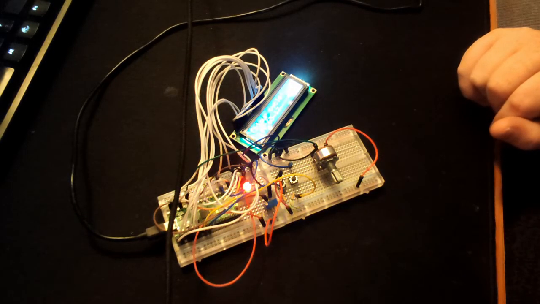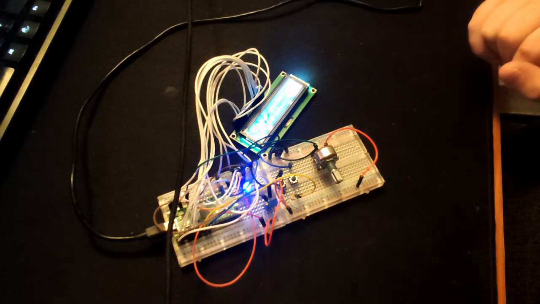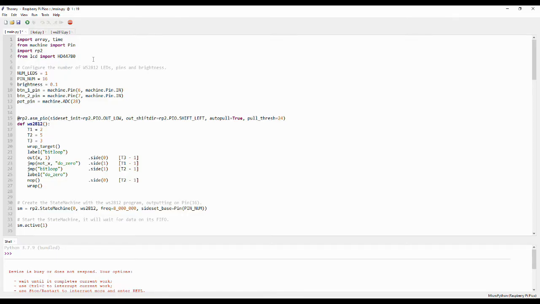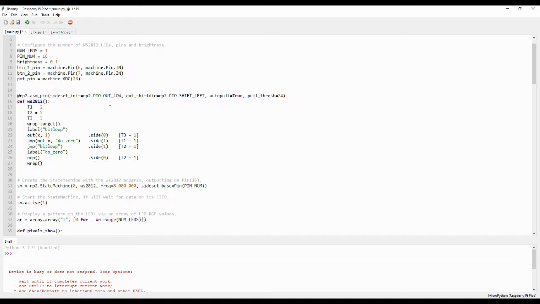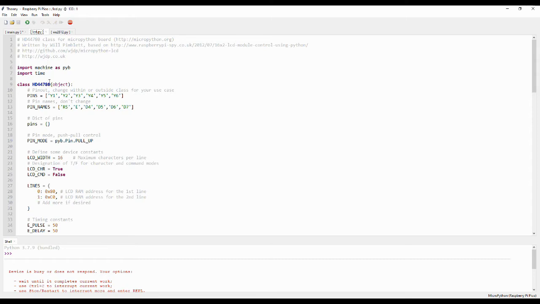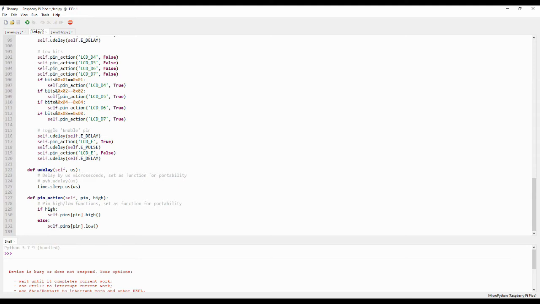And that's my little Raspberry Pi Pico demo written in MicroPython. This is the code that runs on the Raspberry Pi Pico. It is MicroPython code, so it imports all of the libraries needed at the start there. The LCD library, which I found on GitHub, a fairly simple one,